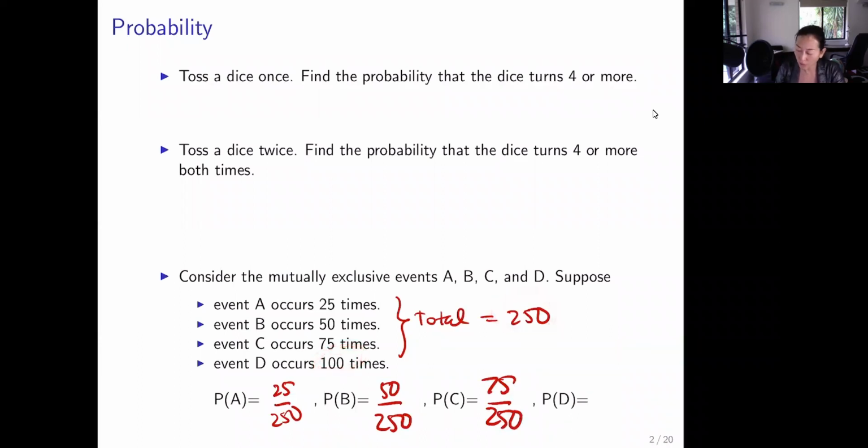Or you can take 1 less PA plus PB plus PC, right? Because you know that all of these have to sum up equal to 1. So you don't actually necessarily need to know this. As long as you know the total, then you can actually get the probability of the last event, that is 1 less the summation of all the other probabilities, right? So you get 1 less this plus this plus this, right? Which is supposed to be equal to 100 over 250. Okay,